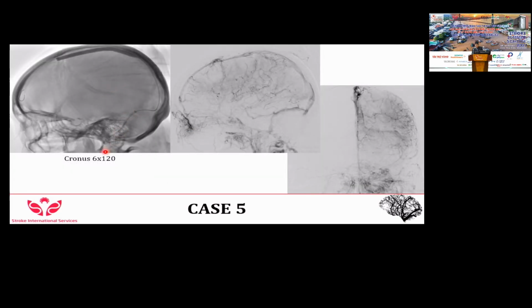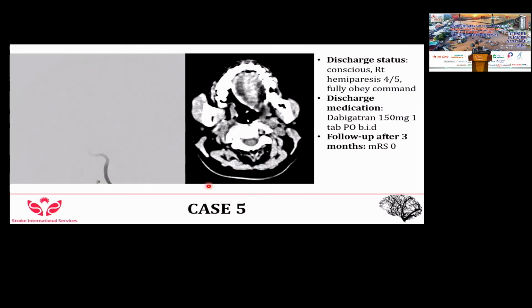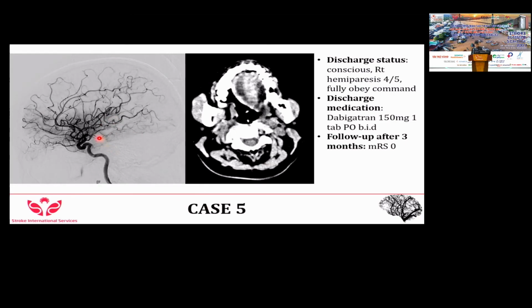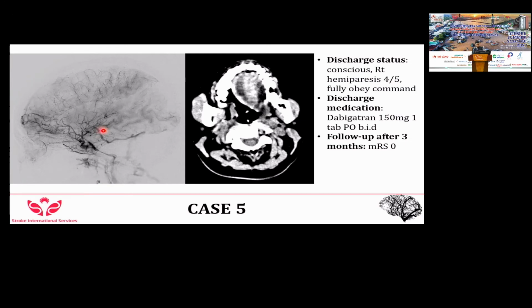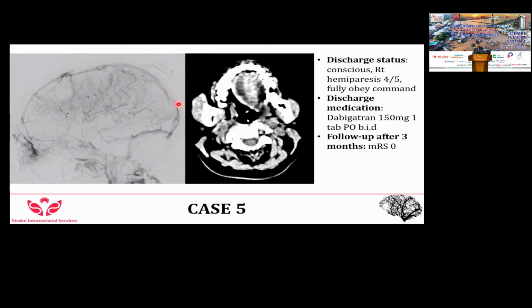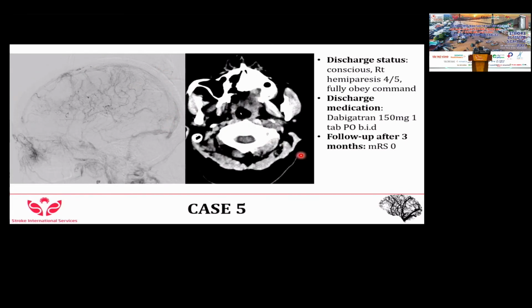And then we decided to use the balloon, a Kronos 6 by 120. And then we can see the flow can go through from the anterior to the posterior and go to the lateral sinus, out of the brain. And this is the final result of the patient using the DSA, with full recanalization of the triple S flow, and the MRCT showing